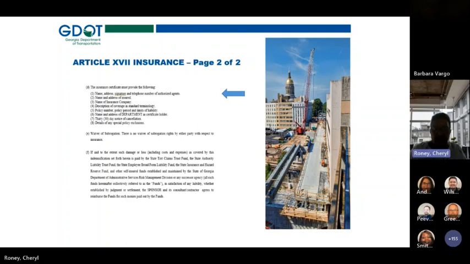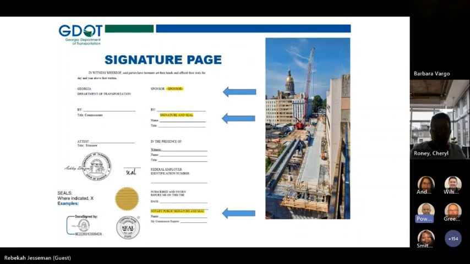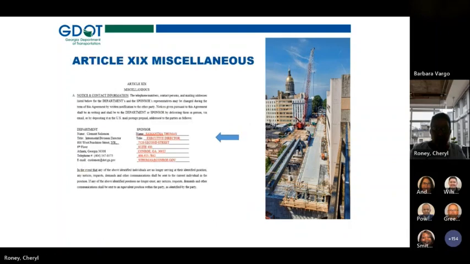All right, I don't know why it's showing that page. Okay, do y'all see the miscellaneous page? We're still on the insurance page, page 2 of 2. Okay, I don't know why you're still there. Carrie, I believe you can click on the arrow and advance as well. This is Bill. She doesn't have control of it, Bill. I have control of it. I'm able to change it on my end.